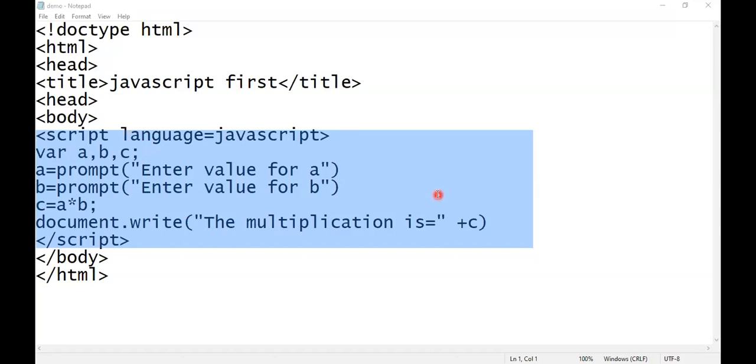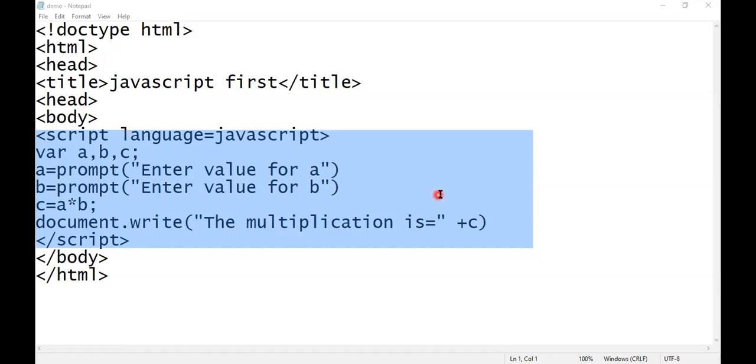Even if you haven't written the semicolon at the end of each statement, you will still get an output, so don't worry if you forget it. But it is the rule, or the syntax, that each and every statement in JavaScript ends with a semicolon, though it is not compulsory nowadays. So with var a comma b comma c, we have declared three different variables in JavaScript.